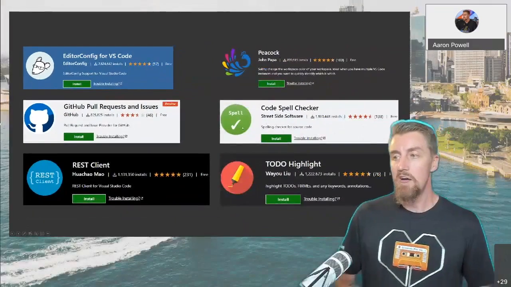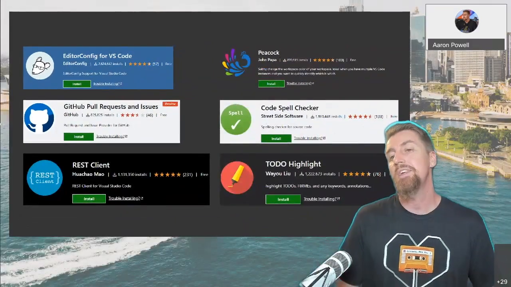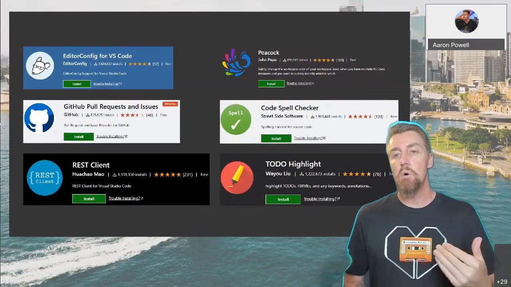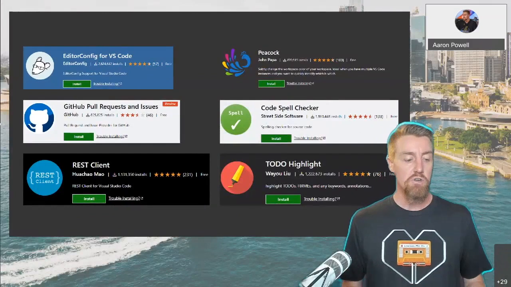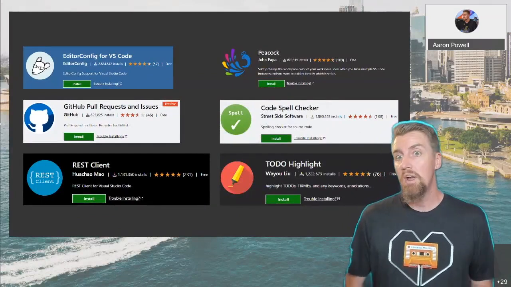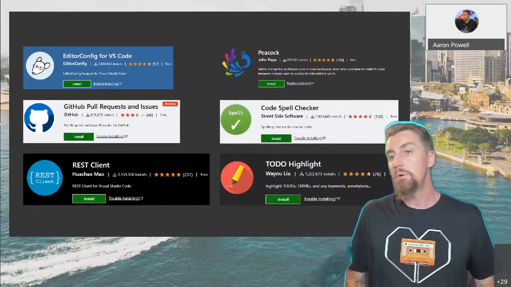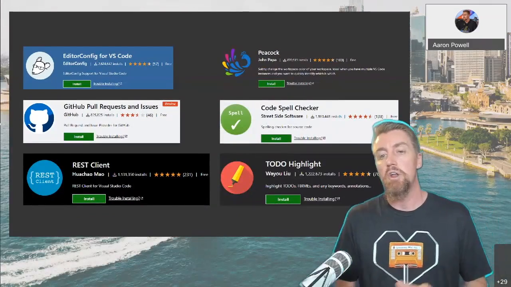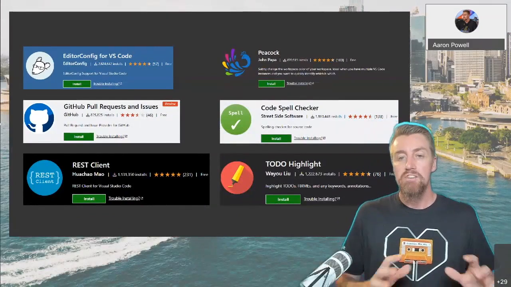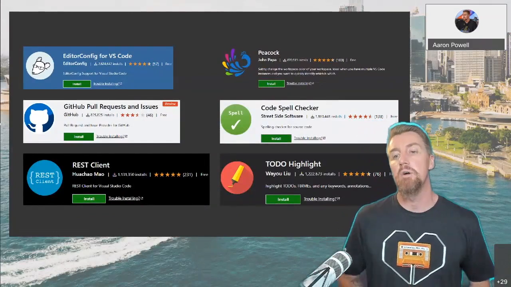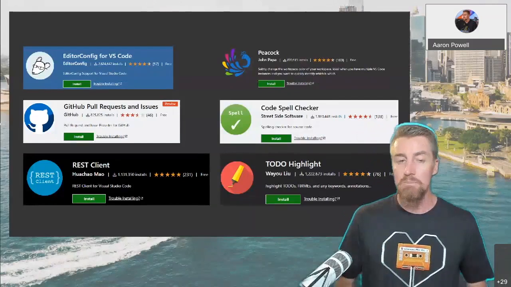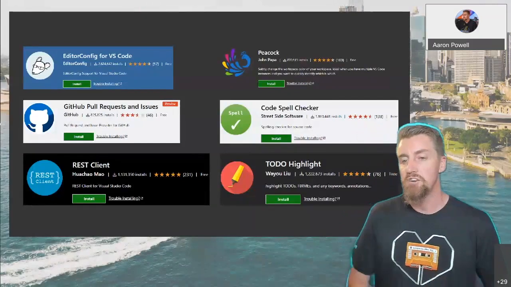Come back to our slides. GitHub Pull Requests and Issues. If you're working with GitHub, this is kind of a must-have extension. It gives you all the power of the things that you would be doing through the web UI, things like merging pull requests and approving them, reviewing them. I can do all of that directly from VS Code. I don't have to jump to the web UI or to the GitHub Desktop application to do that. I just do it from VS Code. It can also save you from having multiple bits of software installed that all overlap with each other. Again, do it from the one location.